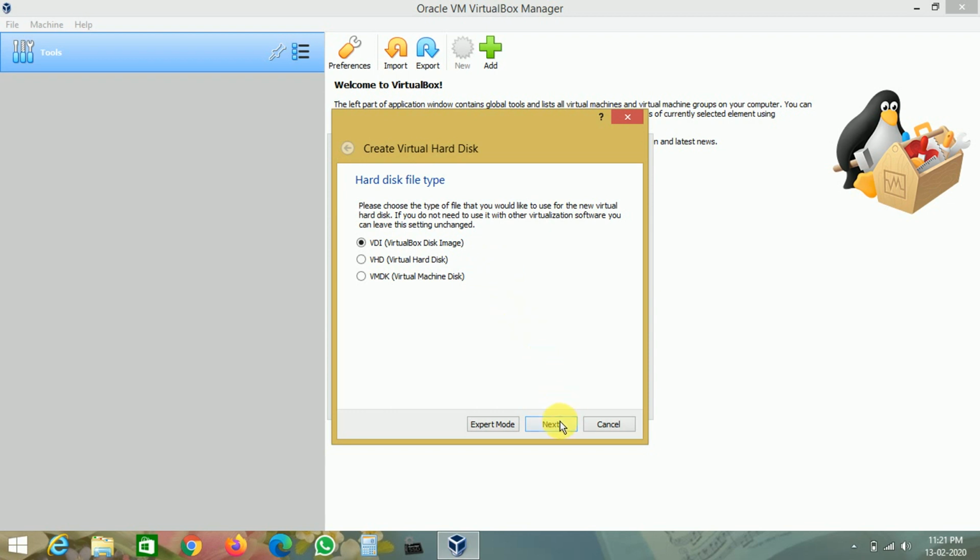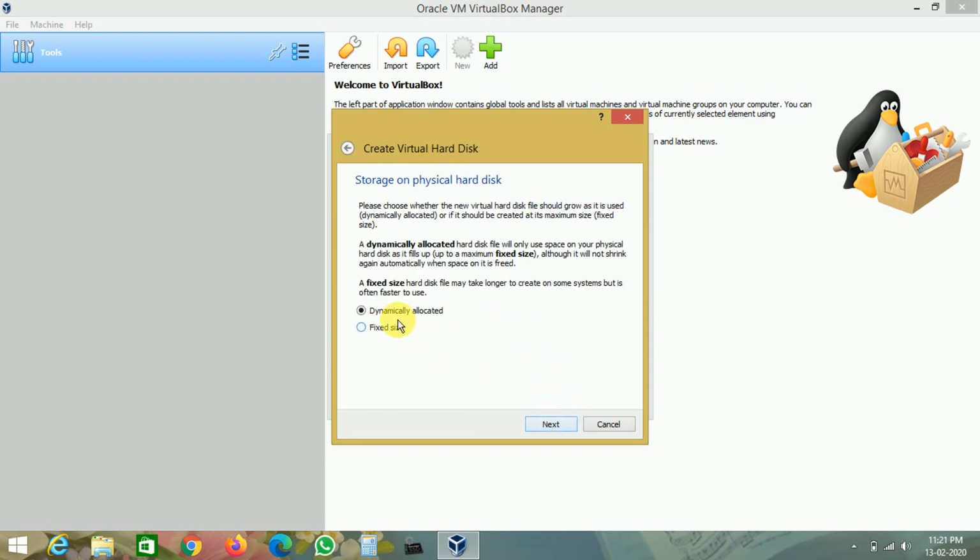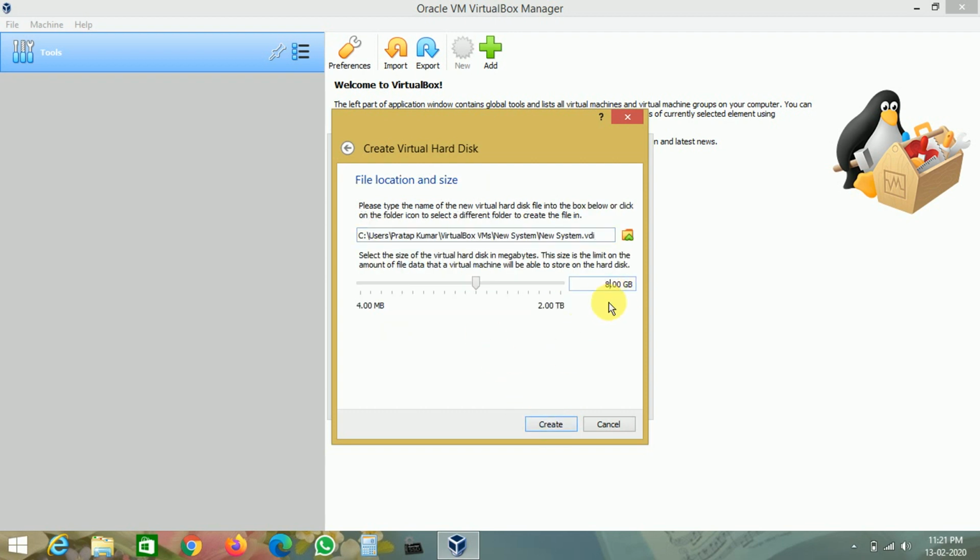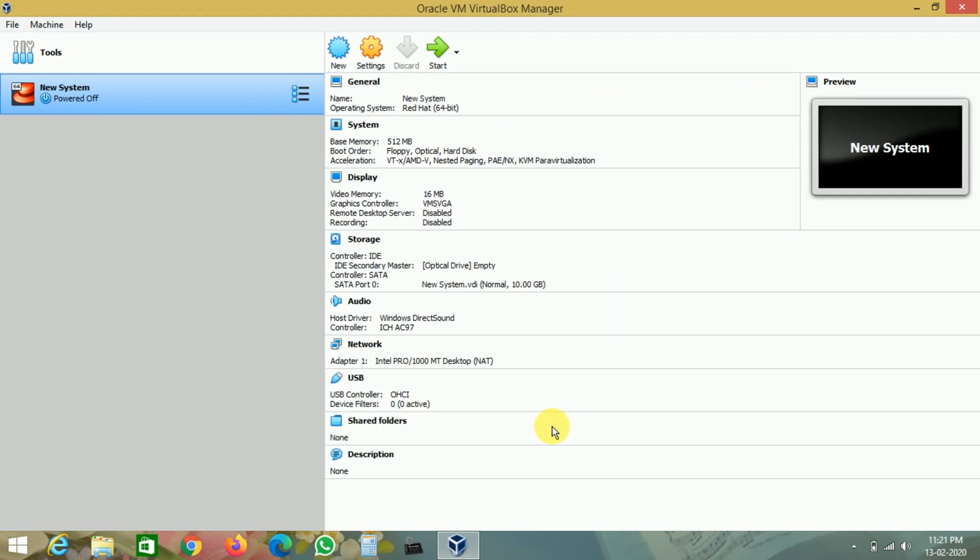Okay, so VDI is good, so click on next. Okay, so click on next and here choose a size of your hard disk which you want to make. So I'll choose 10 GB. Okay, click on create. Okay, now you have created your new system and now go to settings